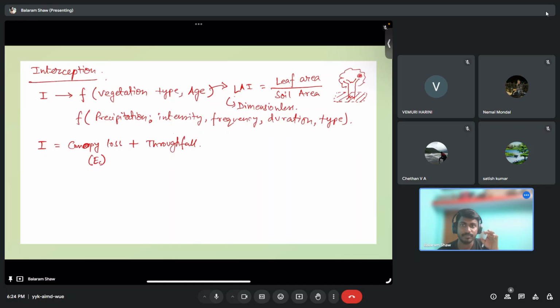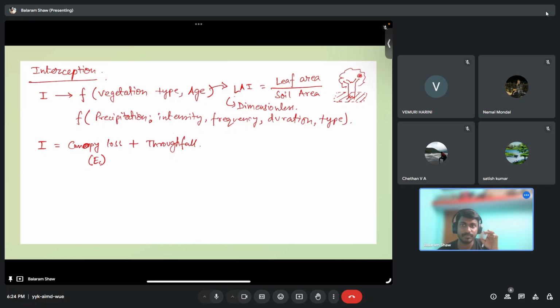Firstly, we have the Jensen model. Sorry, I mean models we have. These are empirical models. The Jensen model we have studied, so I'm not going into detail for this. The Jensen model is for agricultural crops. Then we also have the Horton model, in 1919 or something. Okay, so the Horton model was used when there is a precipitation event. Also, canopy storage is there. Okay, so all these models we can use to get an estimate of interception.